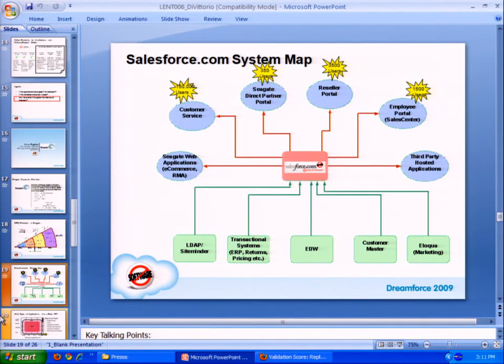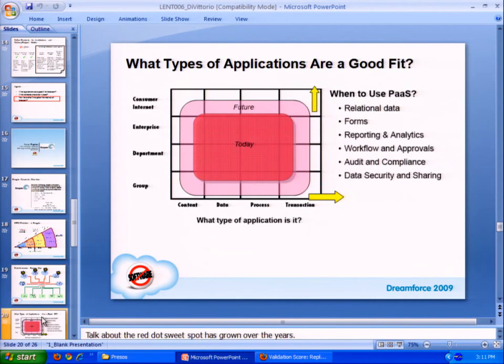So what types of applications are a good fit? As we evolve with the platform, we have taken advantage of these new functionalities and modules and so forth that Salesforce has provided us. But we have to be a little bit realistic in terms of what the platform can really do today. And so